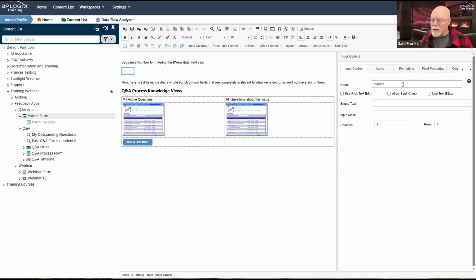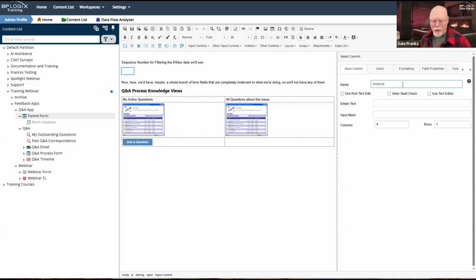This is the sequence number field. We always recommend that you have a field that has a unique request number in it. Now, in this case, all I've done is just slapped a sequence number on here. So there's a set form data that just sets the value of this field to a sequence number. And it's not even a unique sequence number. It's just a generic sequence number system variable that just generates a self-incrementing integer every time it's invoked. And I have it built into the form itself. Normally we wouldn't do this.